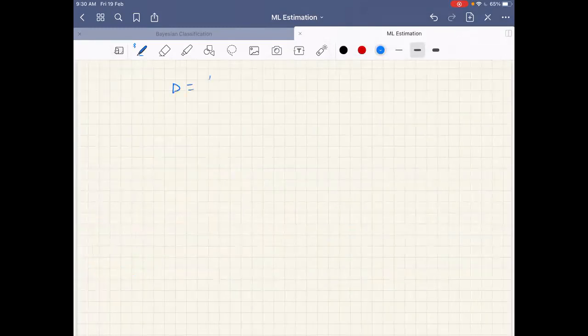So D as we defined is x1 to xm, right? What should essentially happen is that all the samples D have to fit and agree with this. That means this P of D given omega has to be maximum for that mu, if that mu is the best mu, a mu star we will write.